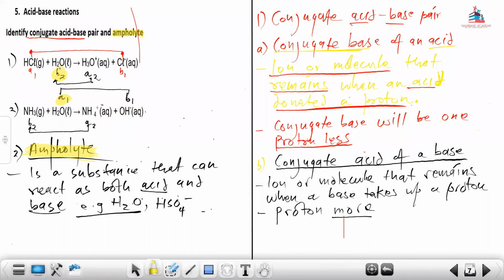I still say it's still confusing. Still confusing. Let's look at reaction number 2. With reaction number 2, we want to identify our acid first. So for us to identify an acid, what do we use? We use Lowry-Bronsted to say it is a substance that must donate a proton. Yes. So H2O